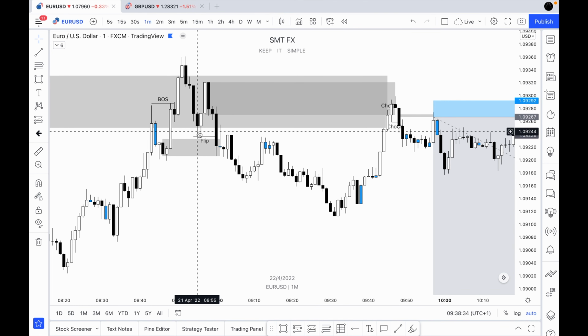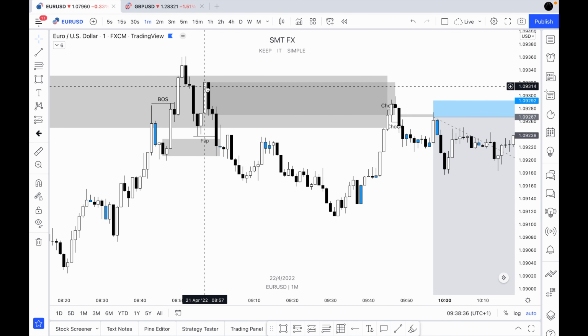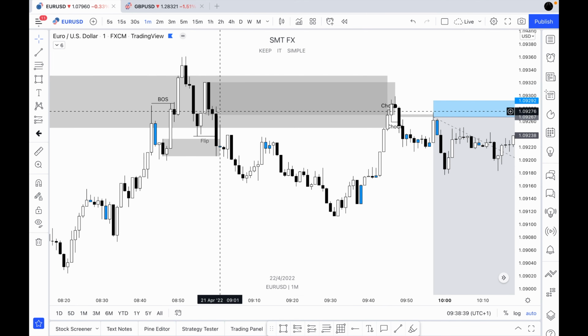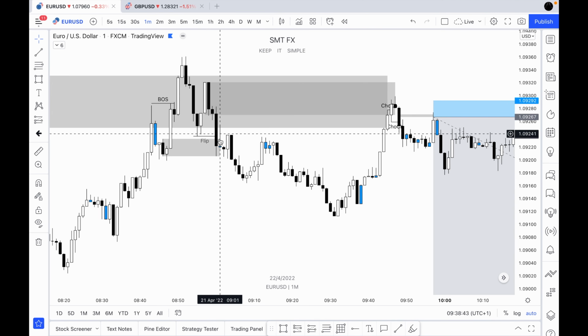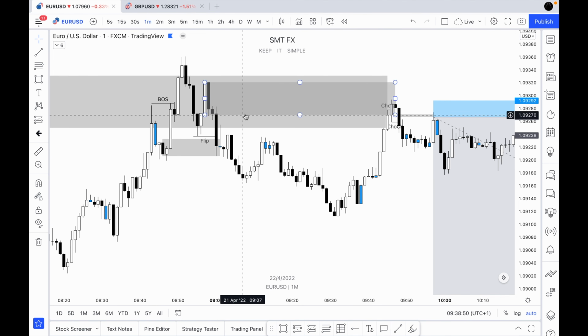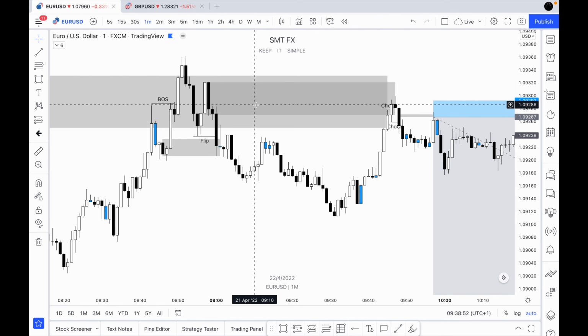It's paused around here, we've pushed up, and what's happened is we've then created this 1 minute supply zone, which has then been the cause of breaking past this demand zone. So now this demand is now broken and not respected. We are now starting to see some respect to the supply in the markets.